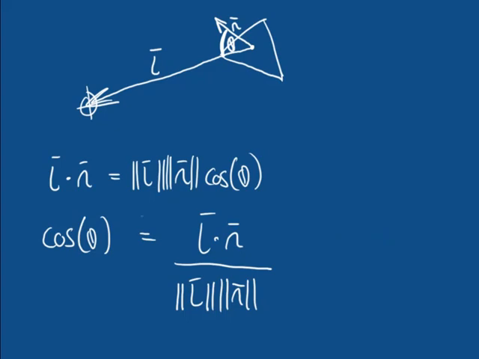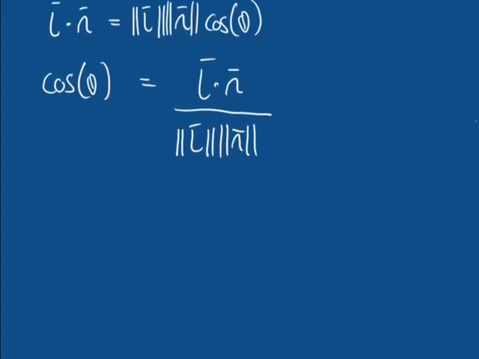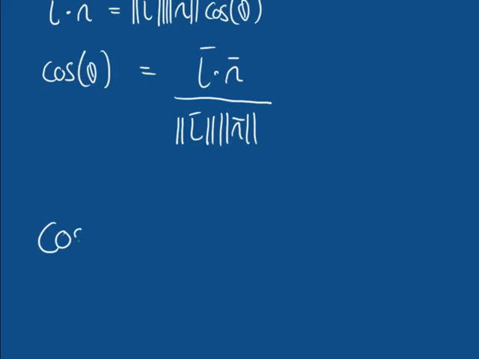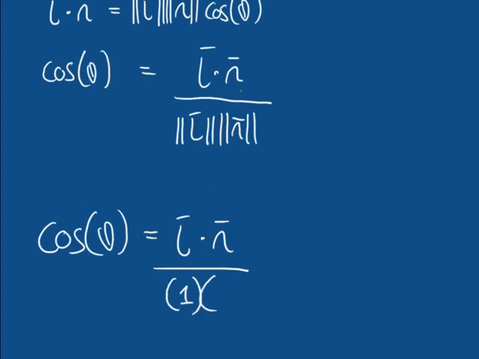Notice, however, what would happen to our equation, and we did see this earlier, when both of our vectors have a length of 1. That is to say, both our normal vector and our light vector are unit vectors. If they have a length of 1, then this equation becomes: the cosine of theta is equal to our light vector dot our normal vector divided by the length of our light vector, which is 1 because it is a unit vector, times the length of our normal, which is 1 because it's a unit vector. So that's equal to L dot n over 1 times 1, which is simply equal to L dot